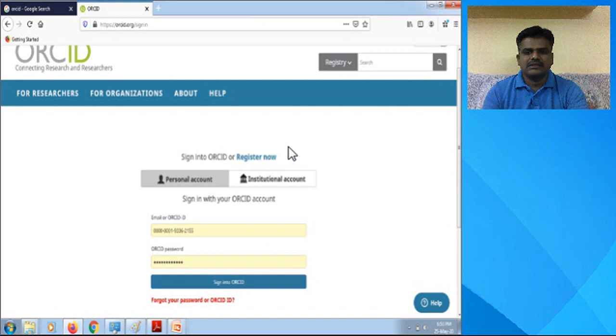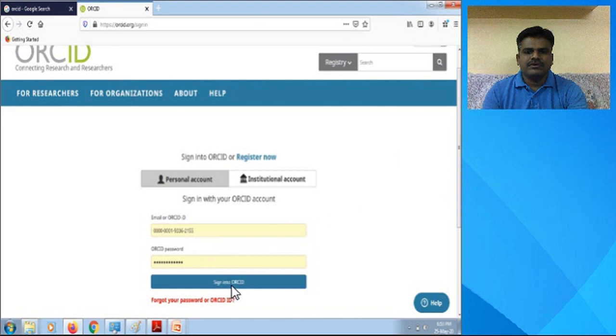It is also asked in this registration process. So you need to keep all these details with you before registering.